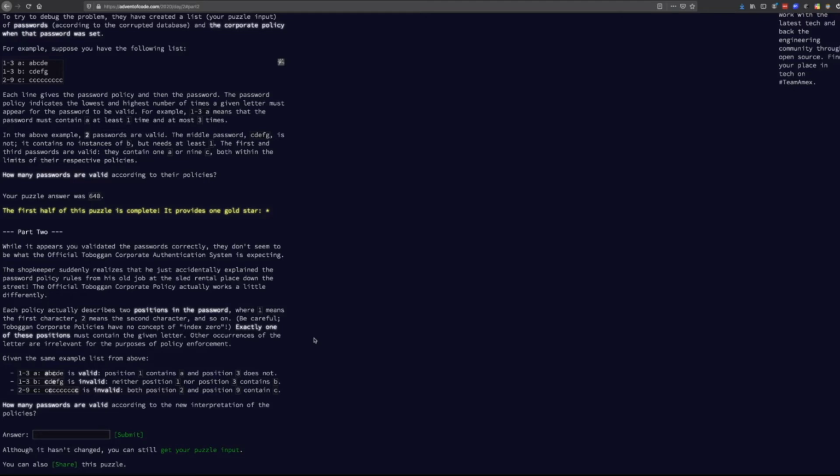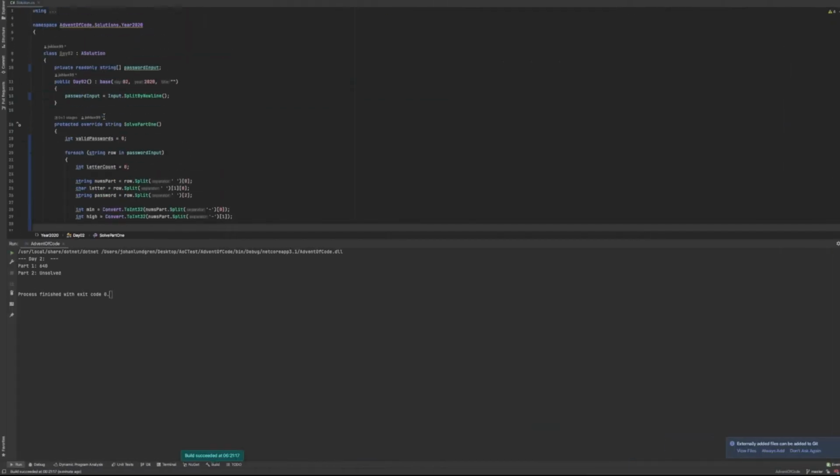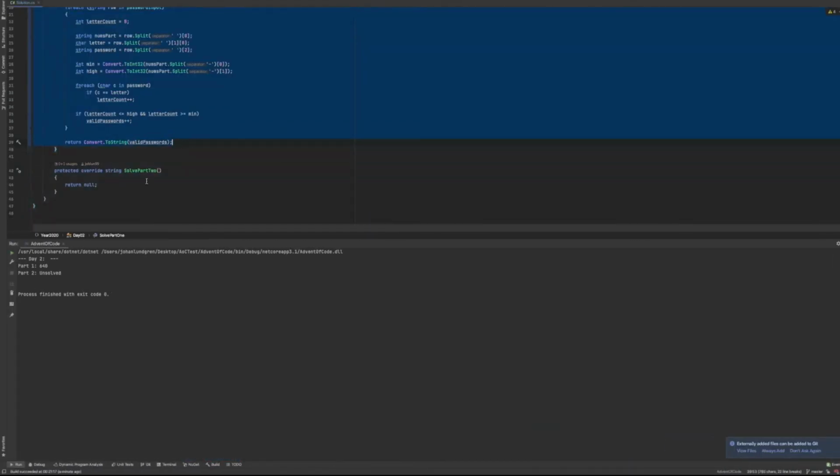And in this part it's pretty much the same thing, but the elf realizes he was wrong in how the passwords were validated, so it's not between those indexes, it's, well, indexes. So the given character should be either in the first or in the last index, not in both. So let's just